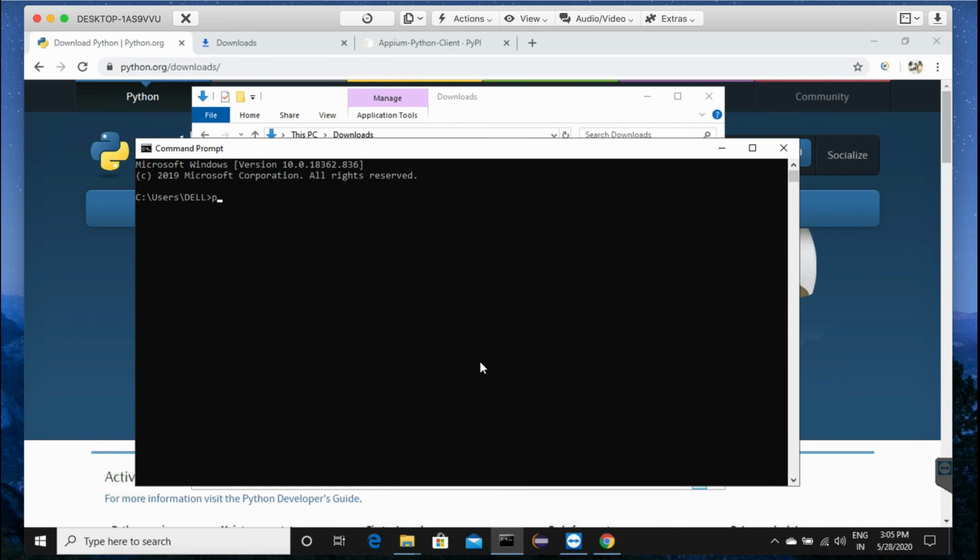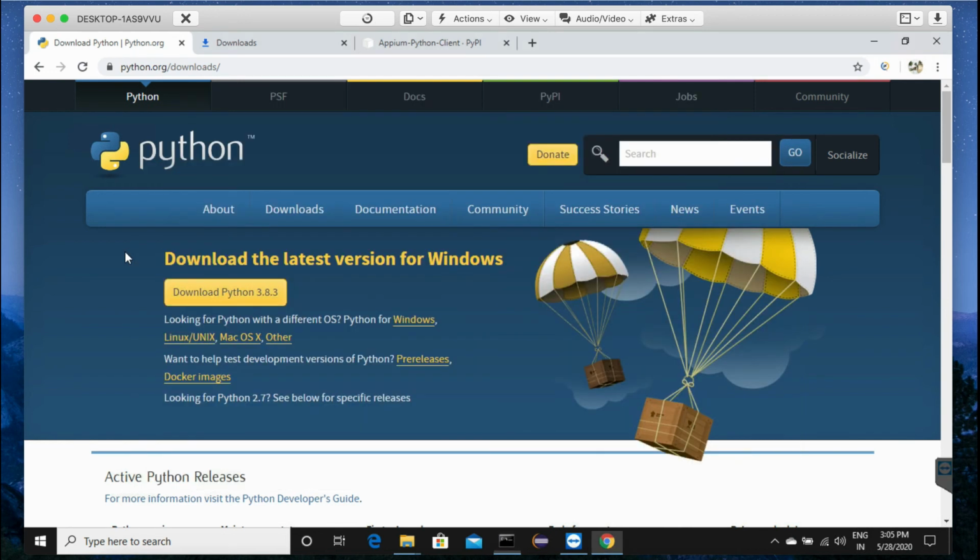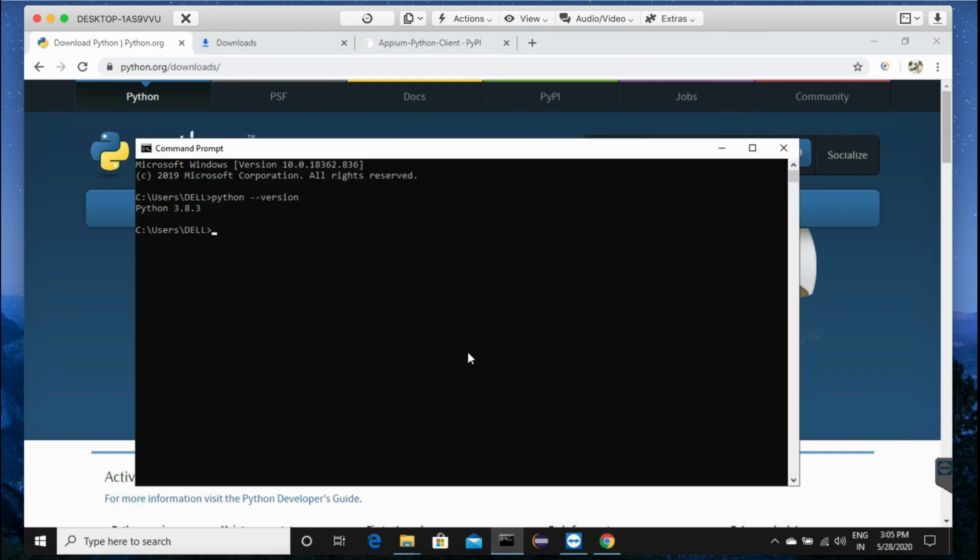Click on the close button and then launch the command prompt, and here type python --version. See here, we have successfully installed and everything is done. Here it is showing the Python version as 3.8.3, and whatever version we downloaded, that same version is showing. And we can see where that Python was installed. Previously we selected one location, and by typing where python, we can see where Python got installed. See here, we have selected this path. Previously it got installed there successfully, and this other path was installed previously on my PC, so it is showing that path as well.